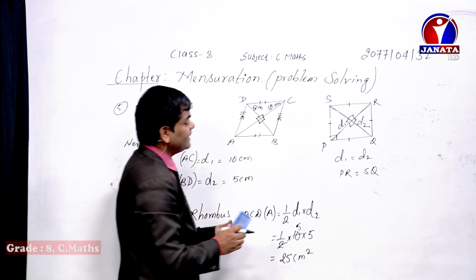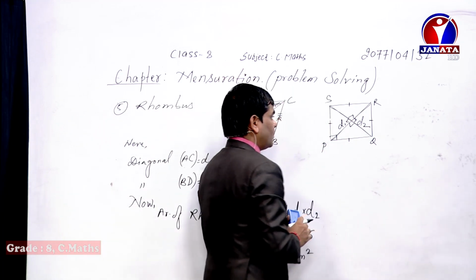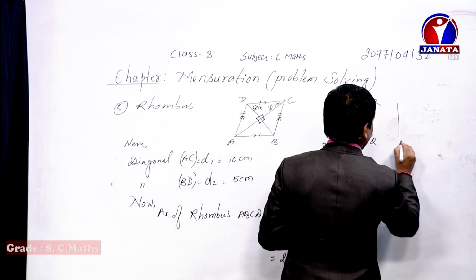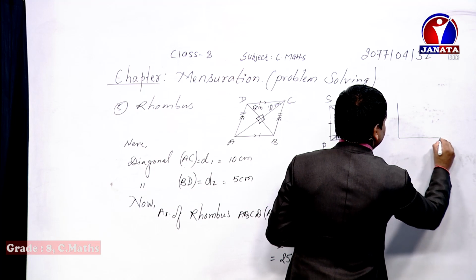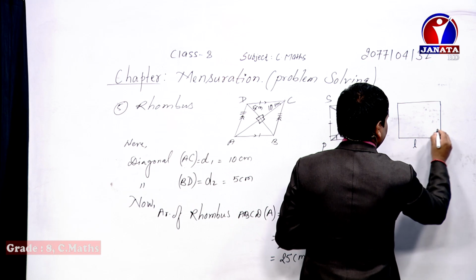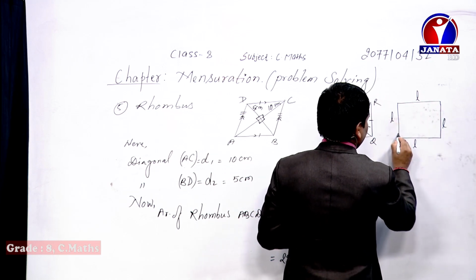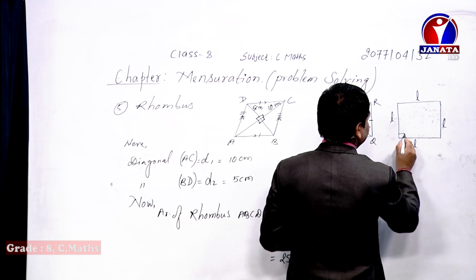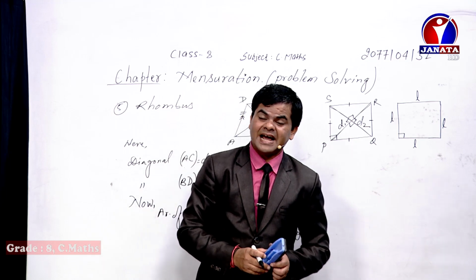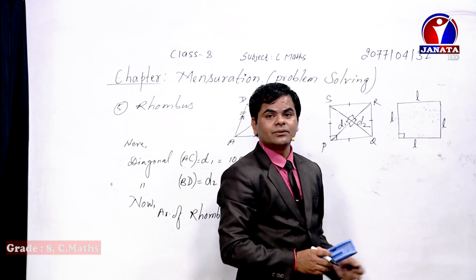So let's say in case of square, at that time I talked about the area of square as L square. We derived the formula for square as L square. Now look here, all sides of square are equal, that's why we suppose all sides as L, and all angles will be 90 degree. Although in the book everywhere you will get only one angle as 90 degree, here is also 90 degree, here also 90 degree, here also 90 degree.